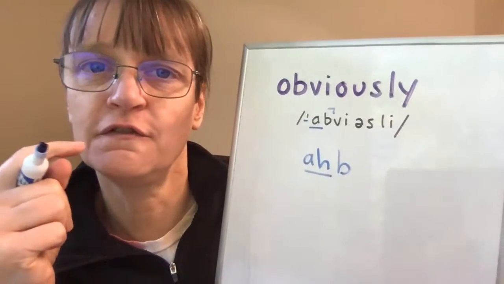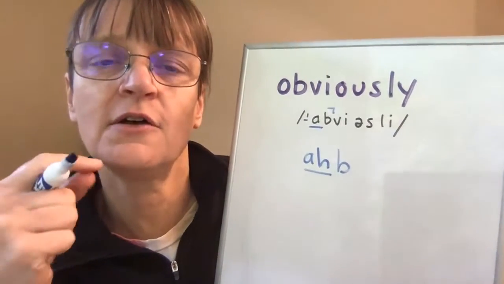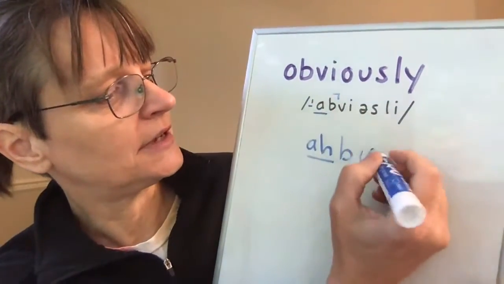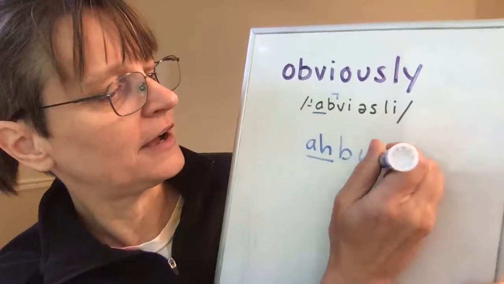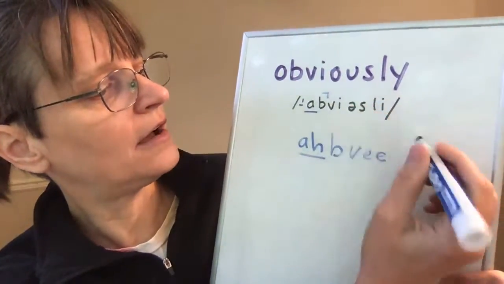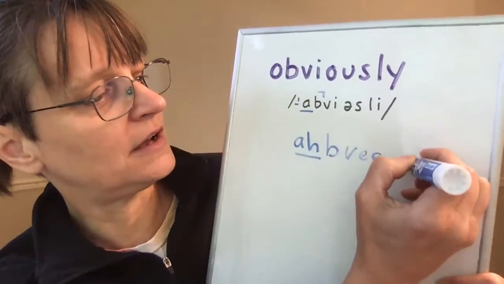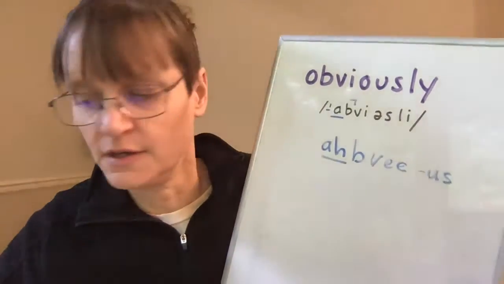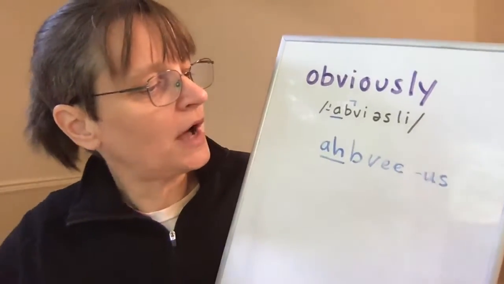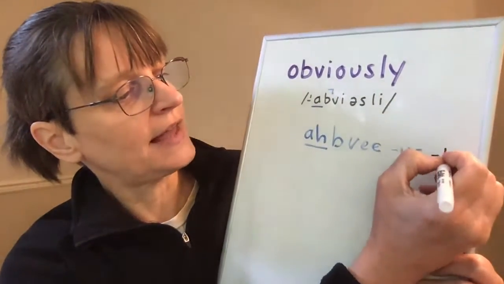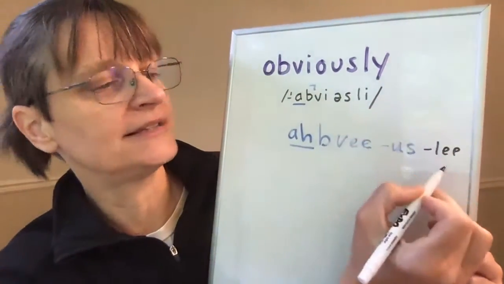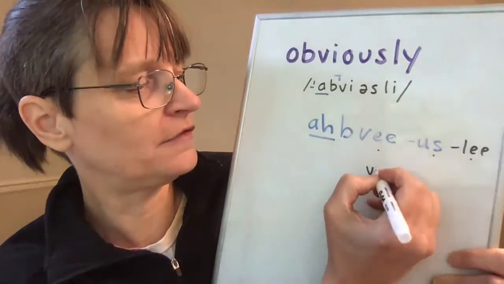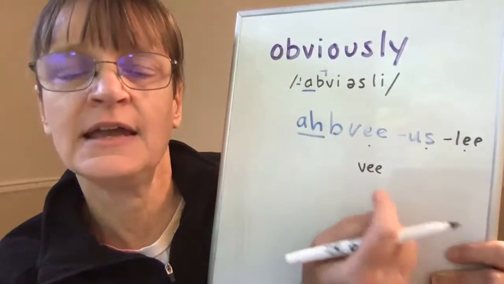So my V is a continuing sound with my lower lip and upper teeth touching. V, second syllable, is an E sound for the letter I, and a schwa sound, V, for the letter O. So obvious, and then lastly, the ly says Lee. You may find it easier to start with the V sound, V, and then